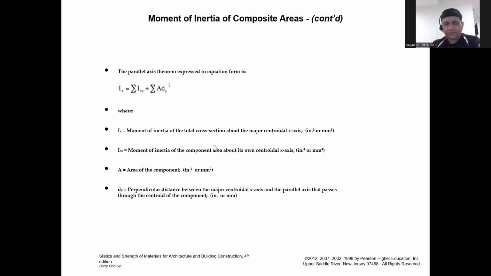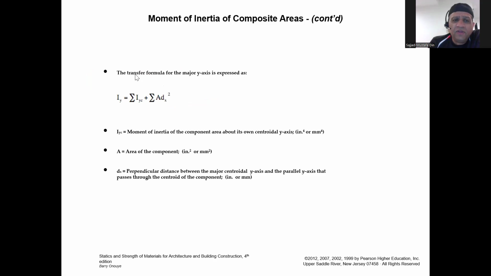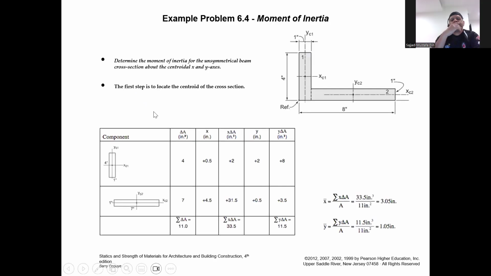You can use the same formula for Iy, where Iy is the moment of inertia around the y-axis, and just flip it over for everything. So, as an example, what we want to do is first find the centroid of the cross-section. That's the first part. Now, if you don't remember how to do that, let's stop here,